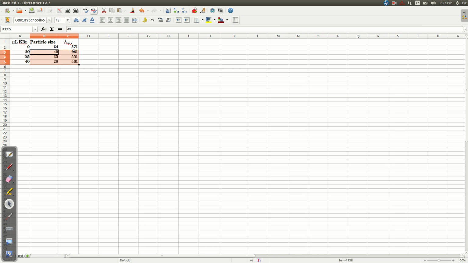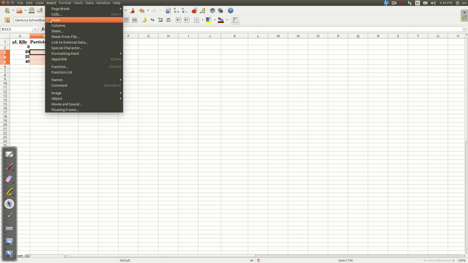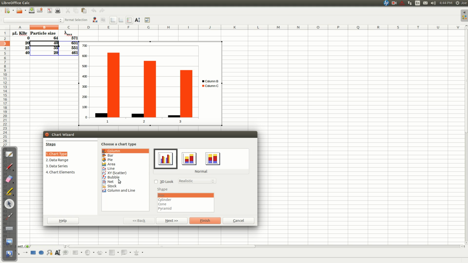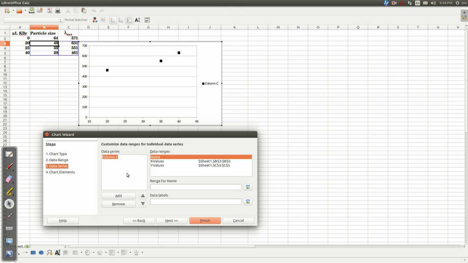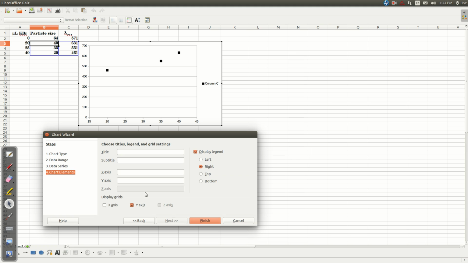I'm using LibreOffice Calc. If you're using Excel or Numbers, the procedure is slightly different, but at this point you probably know how to do it. Select data, click Insert, Object, Chart, click XY Scatter, Next, Next, Next,